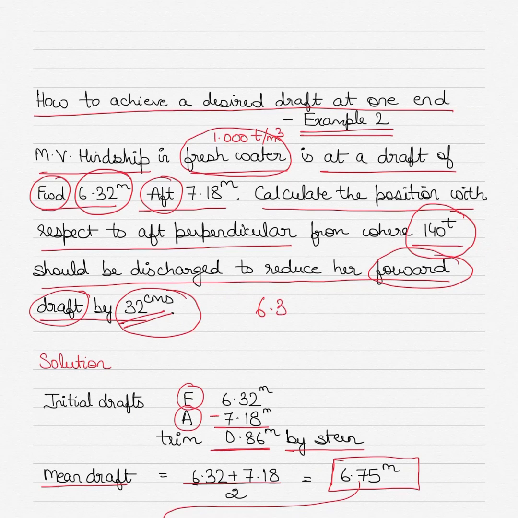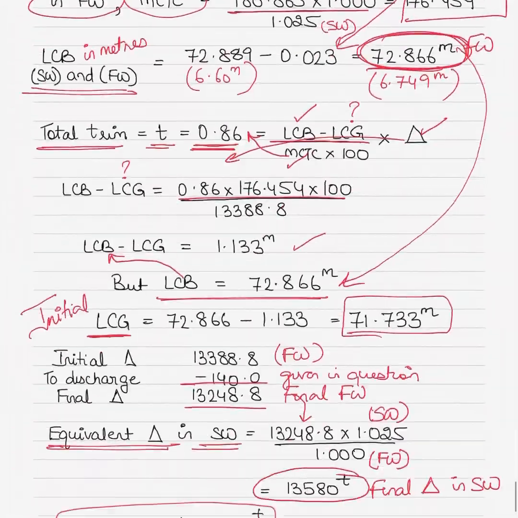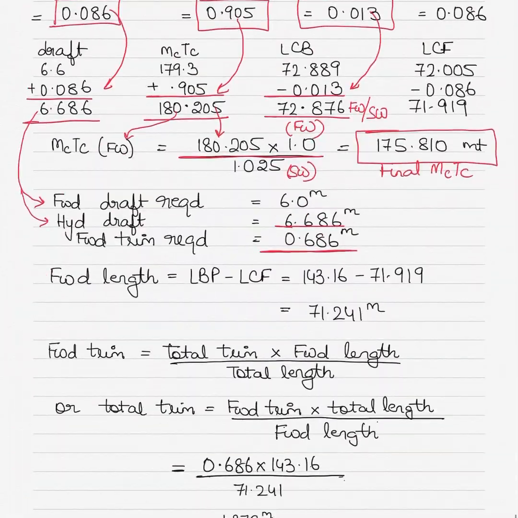So 6.32 minus 32 centimeters is 6 meters of forward draft. So this should be your forward draft after discharging has taken place. That's why your ideal forward draft is 6 meters after discharging, and that's why your forward draft required was 6 meters here. But your hydrostatic draft based on the discharging operation is 6.686 meters, so you need a forward trim of 0.686